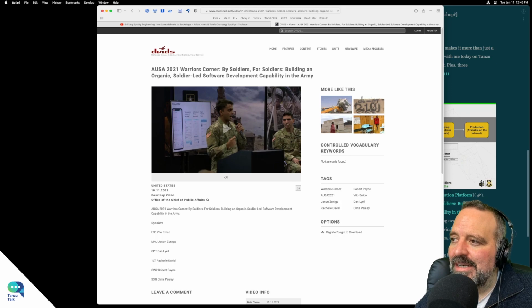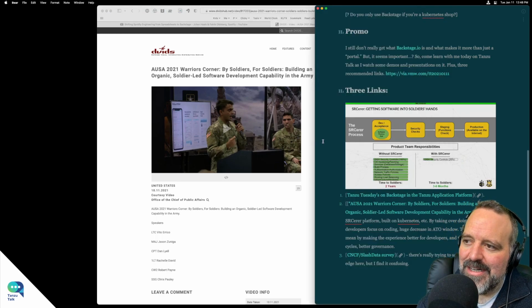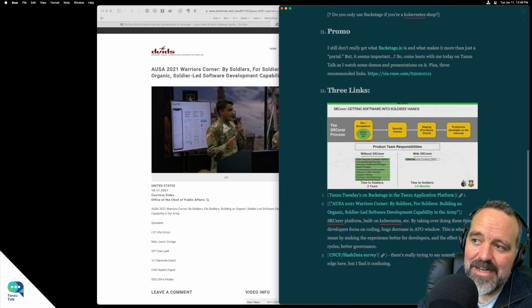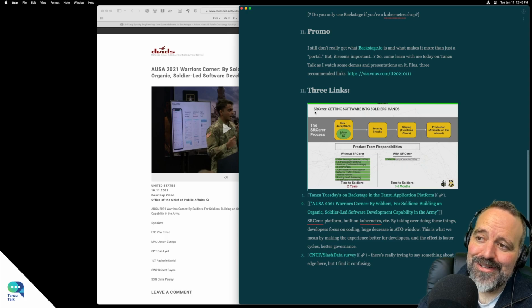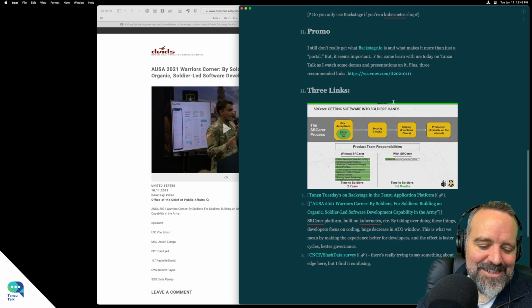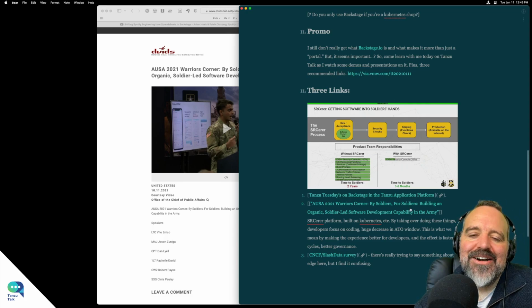But there's one thing in particular, in the Kubernetes world, where there's not much detail. It's something I want to talk with them more about. They go over how they built what they call the Sorcerer platform on top of Kubernetes. I don't have the details on it, and it'd be interesting to know how it actually works.